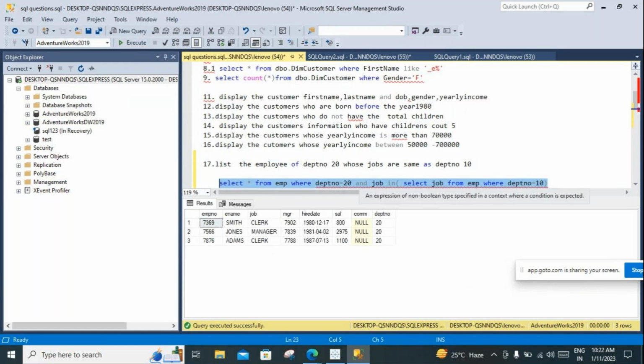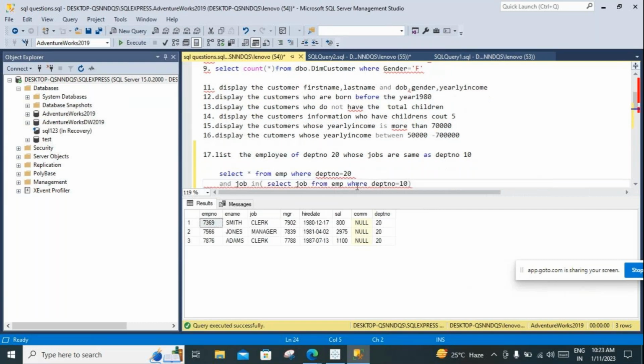Try to understand the two conditions. First condition we are writing: select star from EMP where department number is 20. I want to show the employees from department number 20. And what I'm saying is that whose jobs are in department number 20 should be the same as in department number